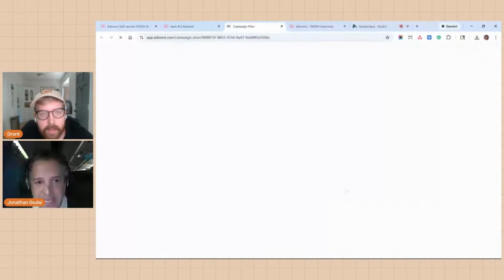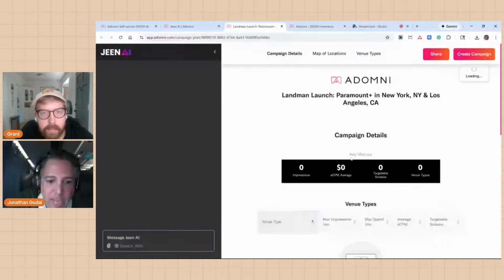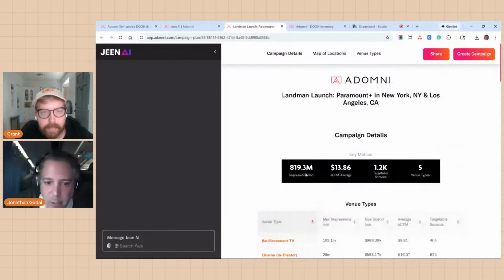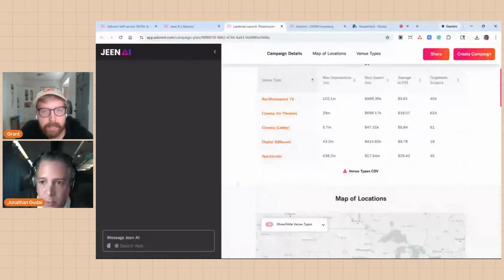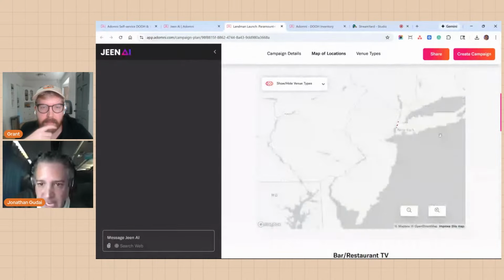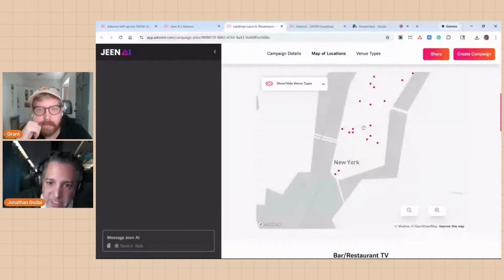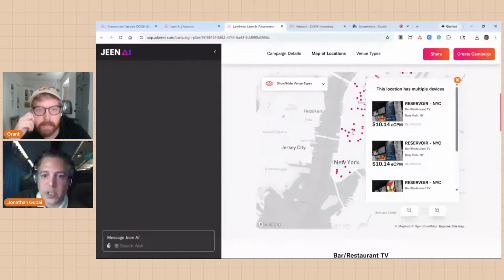And we created it as an addition to the platform, so it's not just this third-party separate tool. Now you're going to go into companion mode, where you have on the right side all that information, like the number of screens, the pricing information, all that good stuff. And over here we have the map where we could fly into New York, and you can actually see the different screens that you would be able to target based upon the recommended set. We can click on one of those, and that's a bar screen in a place called Reservoir in Manhattan. And so it's all fully transparent.